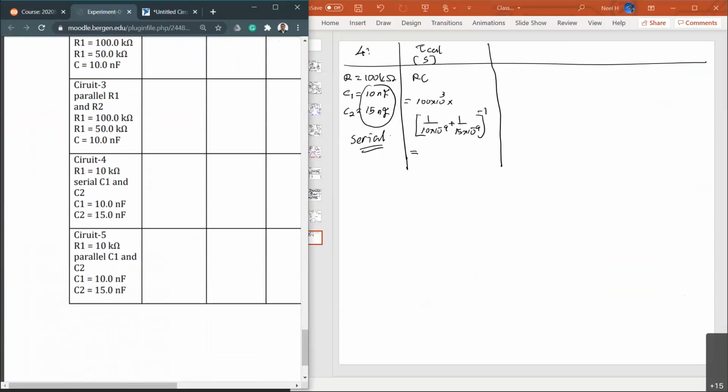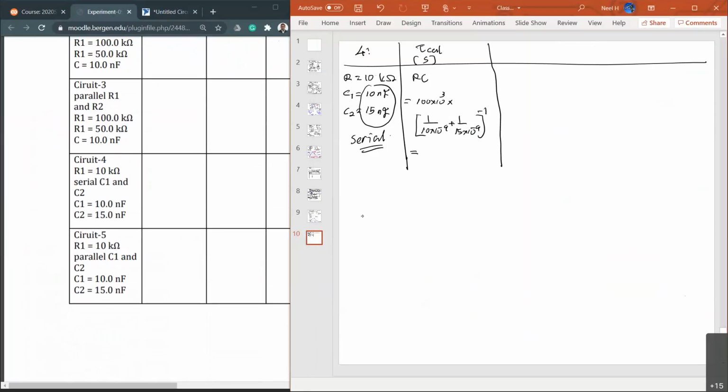Yeah, it's 10, right? Let's do with the 10 and then see what we get. Yeah, that's correct. Yes, let's do with the 10. 10 kilo ohms, okay, minus 9 and then multiply by 10 times 10 to the power 3. Okay, so